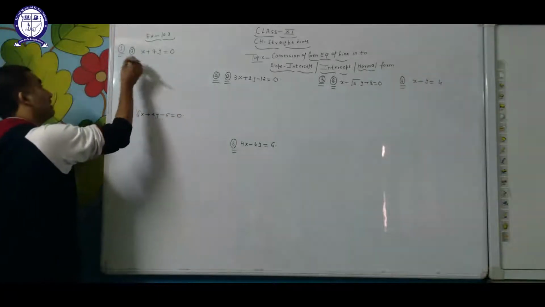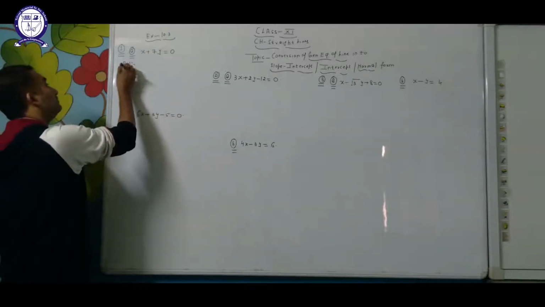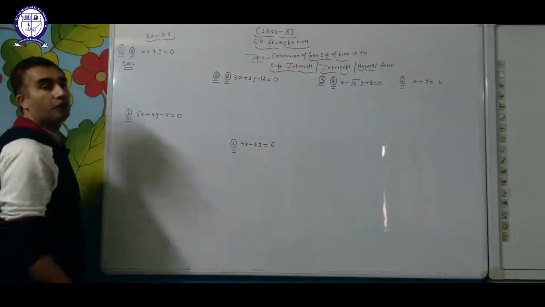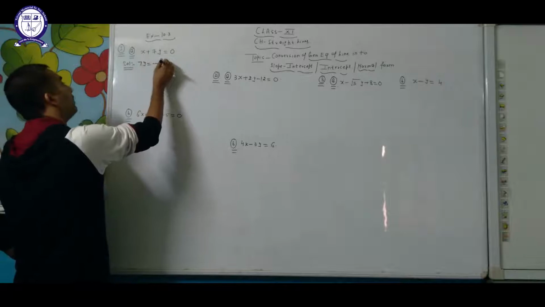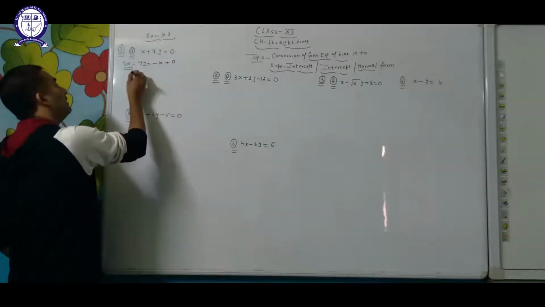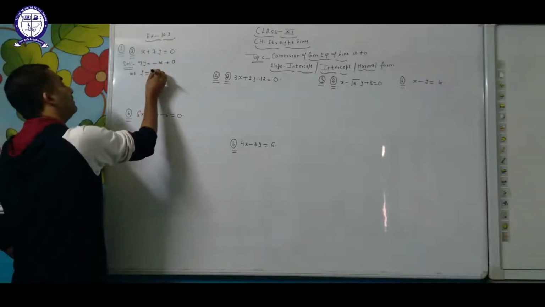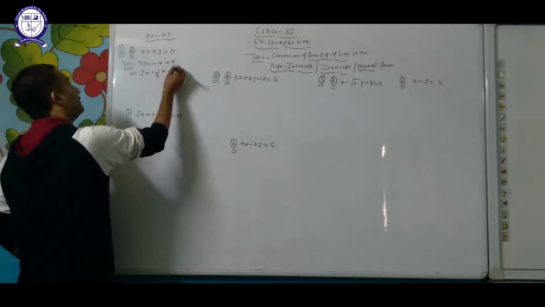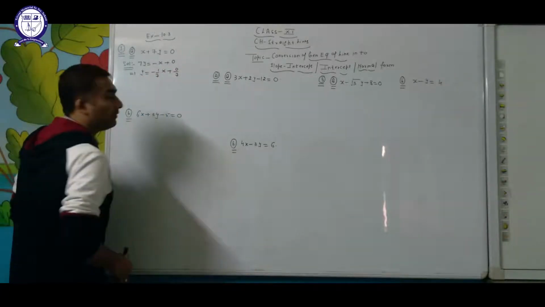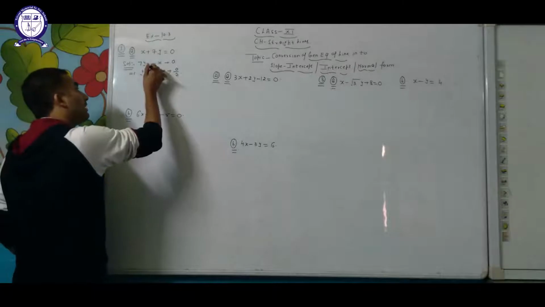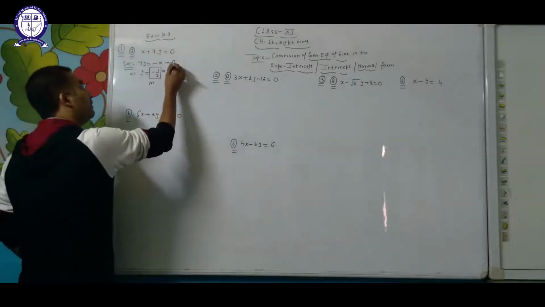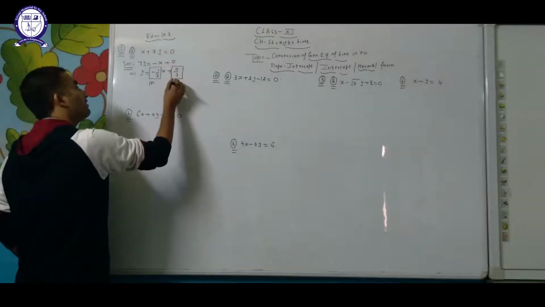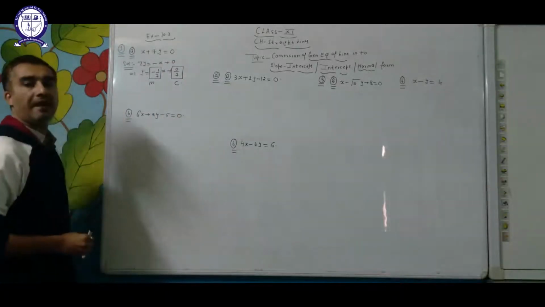What's the process? First of all, keep your y on your left side and the other terms on your right side, then make the coefficient of y single. It will convert into slope intercept form. The coefficient with x will be the slope and your constant will show c, that is the y intercept.